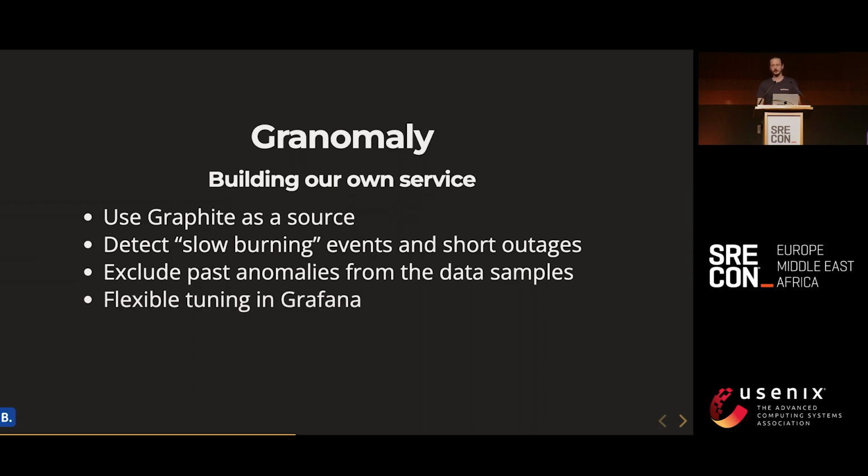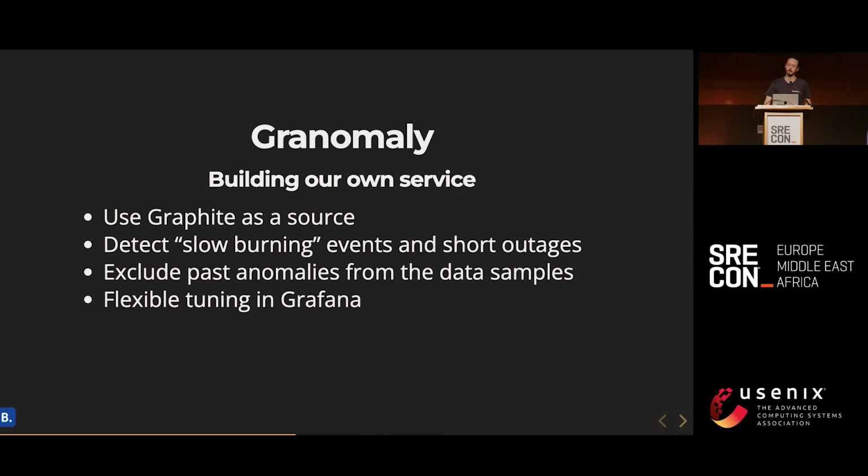What we also wanted to achieve: we didn't want to spend a lot of time building some service. We wanted to only implement the calculations, but the actual anomaly detection, and how we want to detect anomalies, we wanted to leave to the Grafana dashboard so that we could experiment. And once we would be pleased with the result, we would later implement those additional calculations into the service